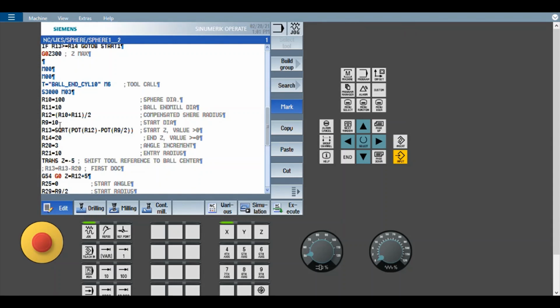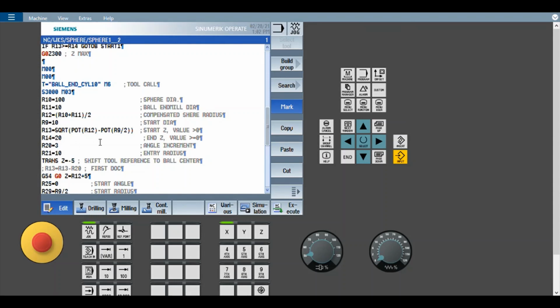This parameter is given because every time the cutter starts from this value and then goes to the finishing, then because of the constant engagement in this position, the surface finish can go bad. That is why this provision of the start diameter is given, so that the cutter will not again and again touch on the same point. So then end result is there, angle increment is there.